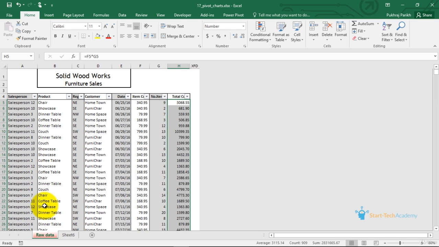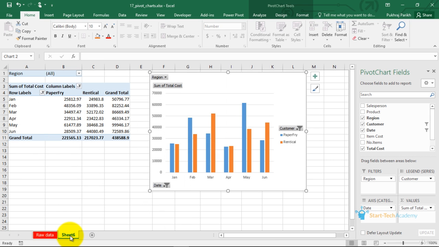This is where summarizing the data using a pivot table helps us. So in the next sheet, you can see on the left is a pivot table which can summarize the data as I want it to be. Corresponding to this table, I can draw a corresponding pivot chart.